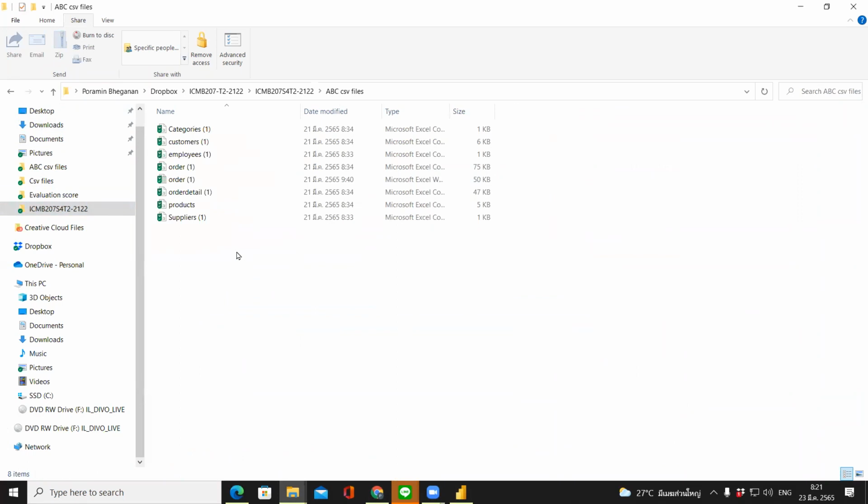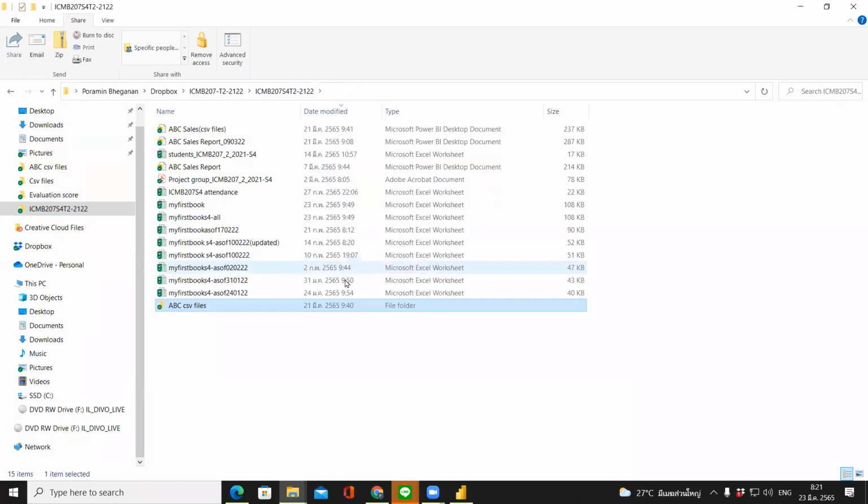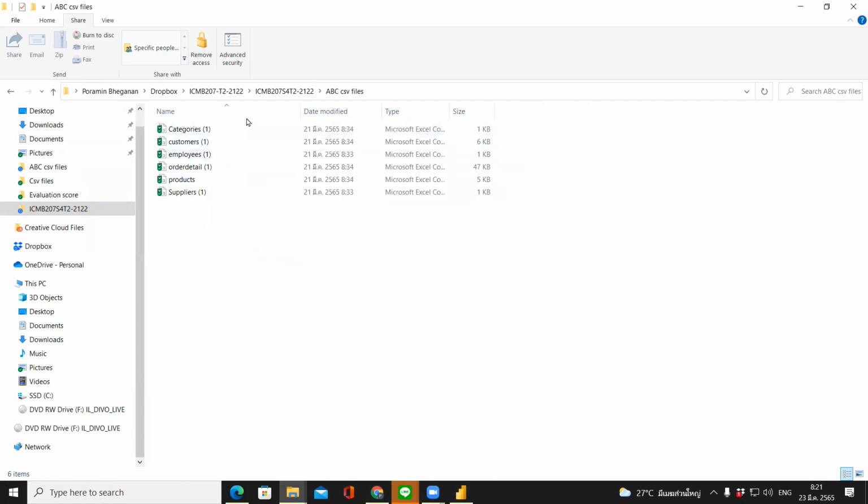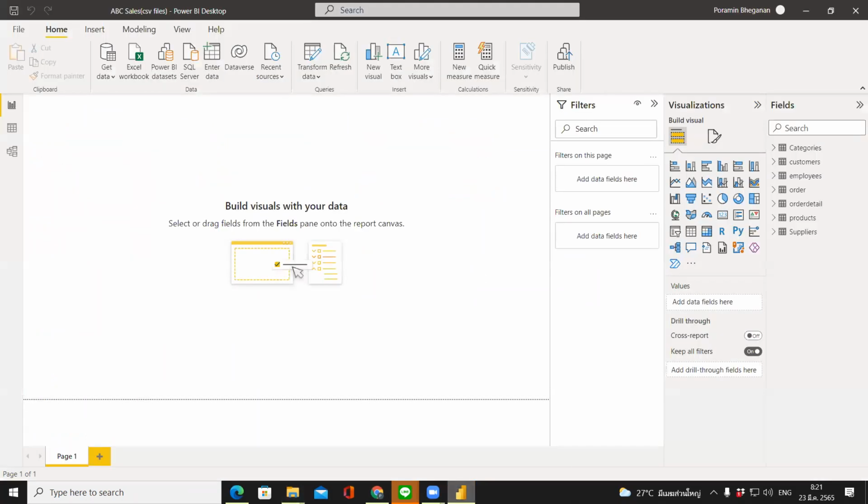Suppose I move out the order table to be somewhere else. I cut it and move it outside this folder. Okay, you can see that right now in my CSV file folder I don't have the order file anymore. When we go to Power BI,